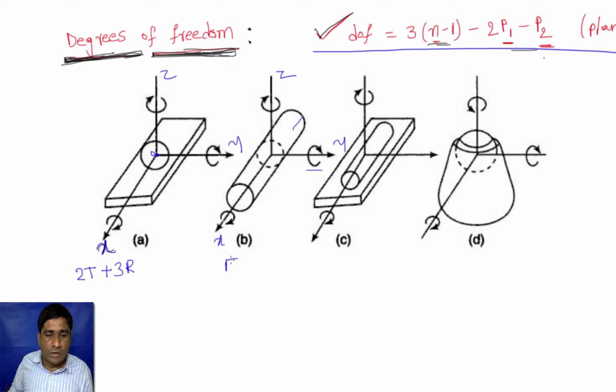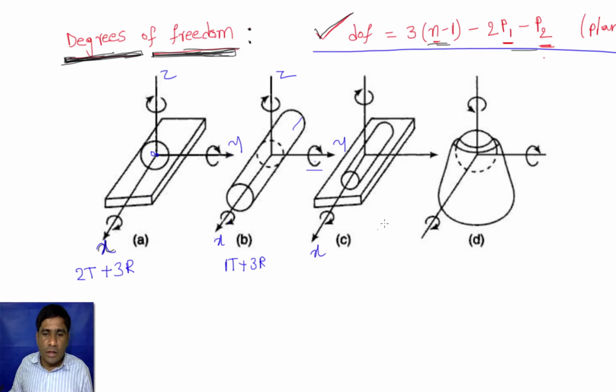So it has only one translation, and this sphere can rotate about the x-axis, y-axis and z-axis because there is no constraint, or the sphere is not attached to anything. It is like a globe, so it can rotate in any direction because that rotation is not constrained. So again we have 3 rotations. So the total degrees of freedom of the sphere inside the cylinder is 4, and there are 2 constraints in translation motion along the y and z axes.